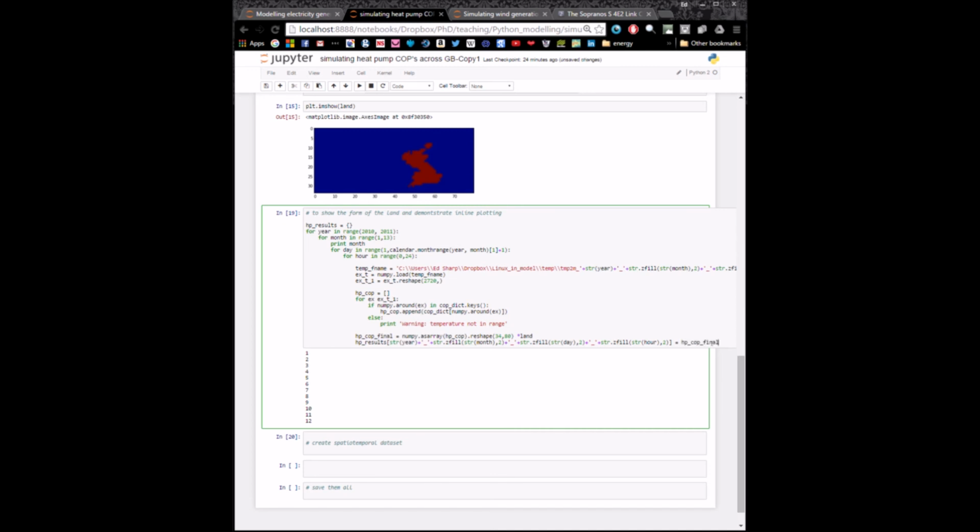So we've basically now got our loop. So you loop through each year, month, day and hour. You grab the temperature data that you want, which is in an array form in a 34 by 80 grid. You load it from this place. You reshape it so we can loop through each value individually easily. And then you say for each of those values, what's the related coefficient of performance. You append this to this array, or list,